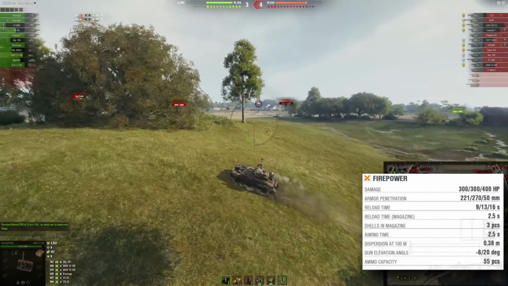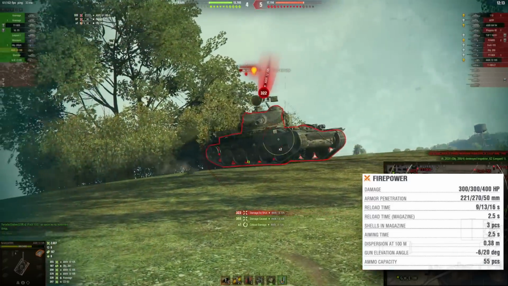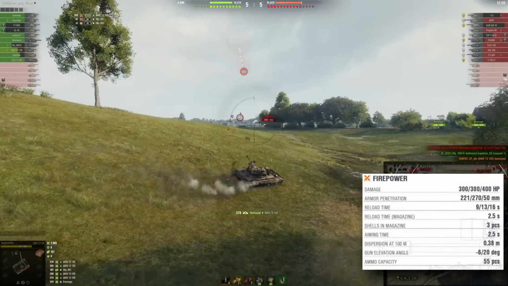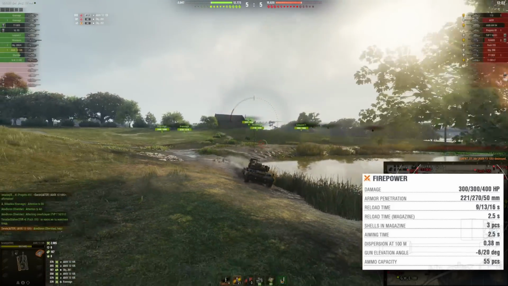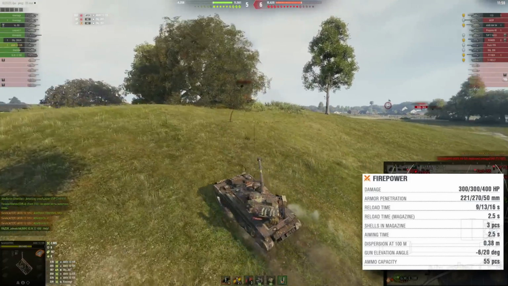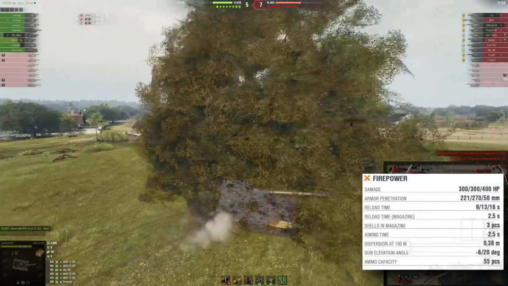You have the reload time between shots is, where is it, 2.5 seconds, so you can empty your clip in 5 seconds, and after that you just start banging with the empty clip, because your reload time is the fastest, 9 seconds on a light tank, right? 300 alpha. Shells in the magazine three, aiming time 2.5 seconds, is quite long actually for a light tank, so